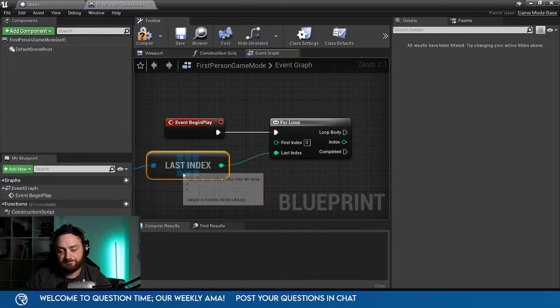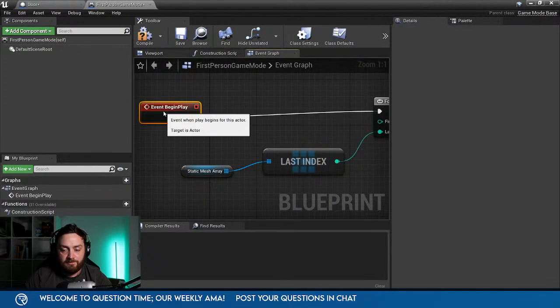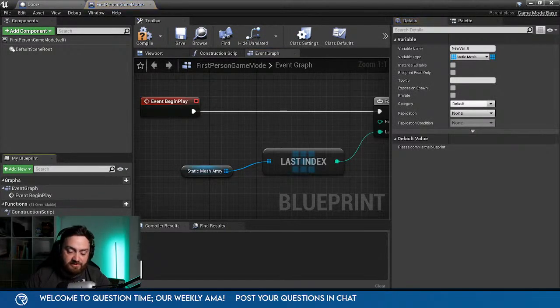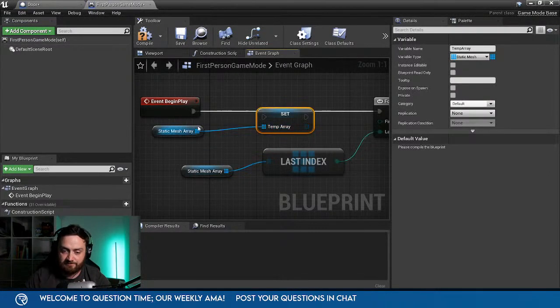Okay. While it's doing this, one good thing to do probably would be to do a list here, I'll call it temp array for now. I can't think of a name. It'll do. On begin play, we're going to get static mesh array and make it set itself to the temp array.